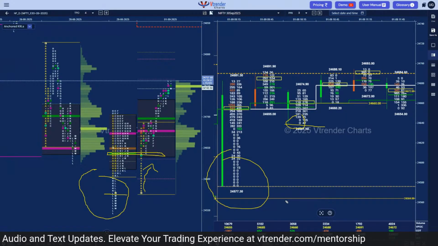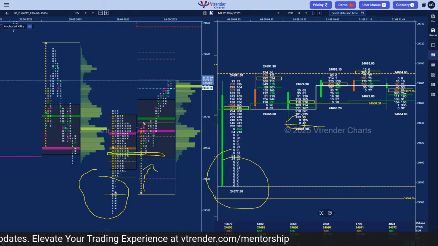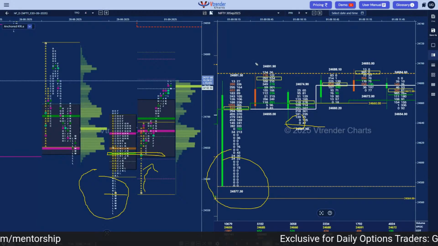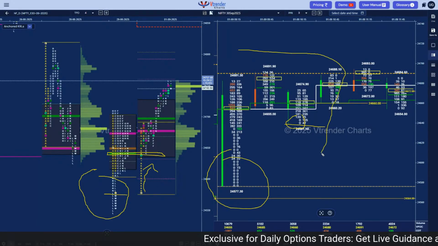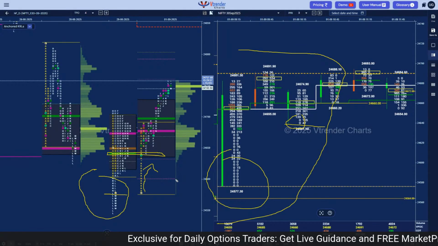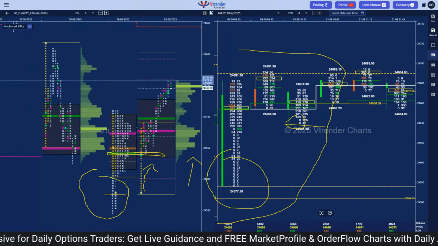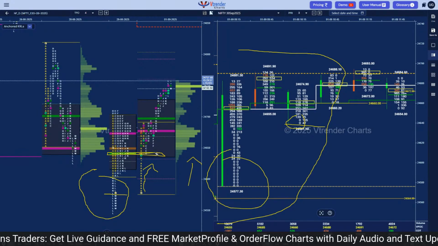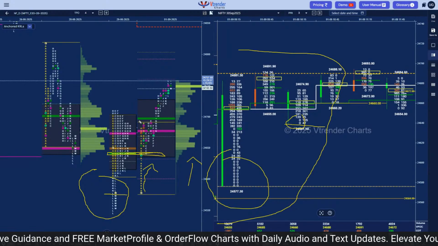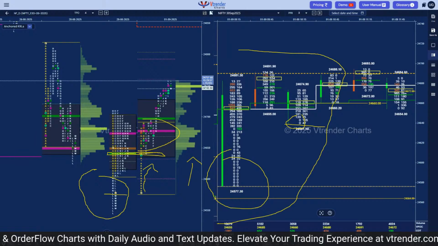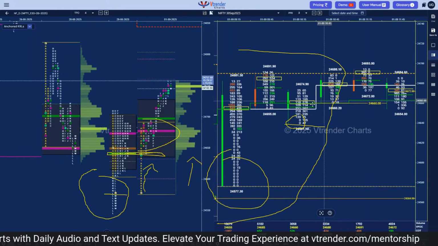But it was not only taken out in the A-P rate, but in the test, in the dip lower in the C side, it showed no supply at all. So it was very clear with this behavior that the PLR is to the upside, because the neutral extreme VWAP was taken out and then it was showing us change of polarity. And that is the reason, although we had a small balance in the first half, the G period, as it is always known to do, gave us that extension handle.